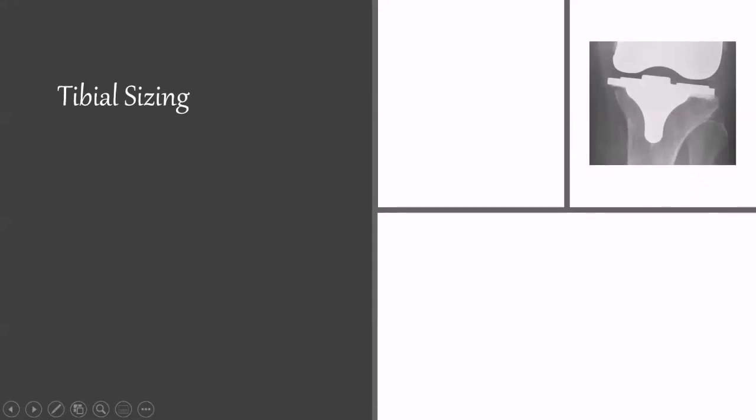So the next is the tibial sizing. Most of the systems allow independent sizing of the femur and the tibia. So if the femur is one or two sizes larger than the tibia, it is no problem. Some of these systems allow that. What's really important is that you aim to cap the bone and avoid overhanging. When I mean cap the bone, it is that you fully put the tray along all the proximal tibial